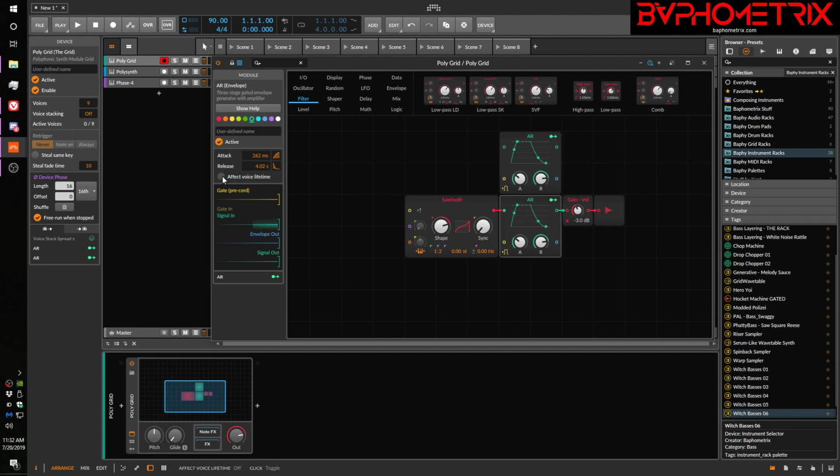The other thing that can affect voice lifetime is on the audio output. There's another affect voice lifetime button. And this time, it's off by default, because normally by default, it's the envelopes that control voices, just like in other Bitwig instruments. But over here in the audio, we could say, let's let the audio signal control how long voices last. Let's go over here to both of these filters and disable them so they're no longer affecting the voice lifetime. And if we come and play this single note now,